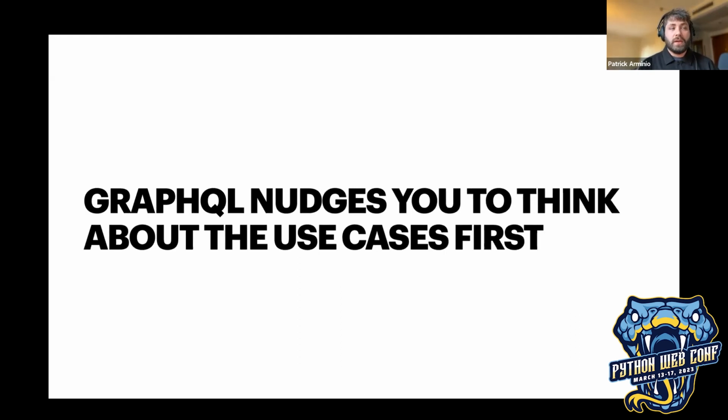I mentioned this when talking about the databases and designing the schema, but instead of thinking about the data that you have available and how the endpoints look like, you should think more about how the data should be used. Like, what are we trying to do with a specific use case? And GraphQL makes it very easy to model every single use case. There's not a lot of overhead to do that.